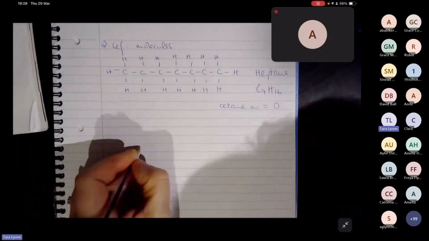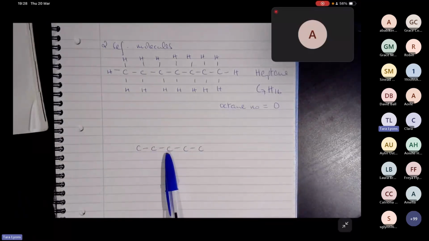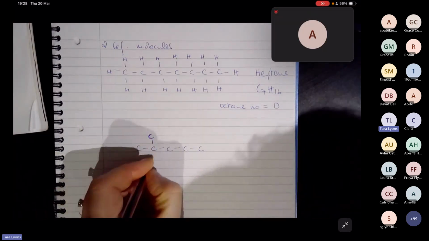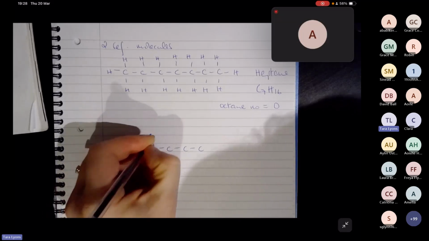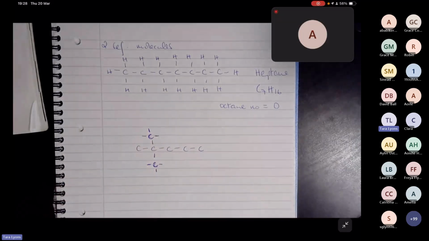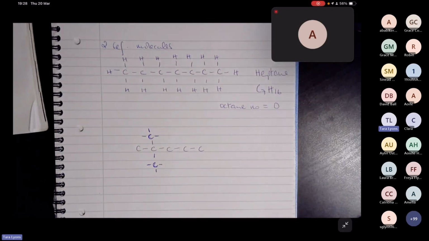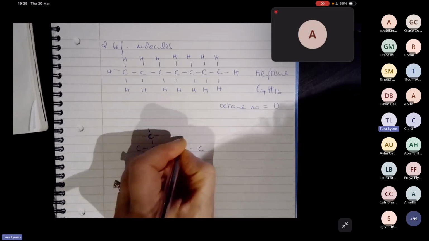The other one has 5 carbons in its main carbon chain. 1, 2, 3, 4, 5. Now, I'm going to go from left to right. So on the second carbon, I'm going to put a carbon above and below. So now what I've done is I have created 2 what we call methyl or methyl, depending on where you go to school and how posh you are. So me from North Cork, it's definitely not posh. So we have 2 methyl groups attached. And then if that's carbon 2, folks, I'm going to go to the 4th carbon